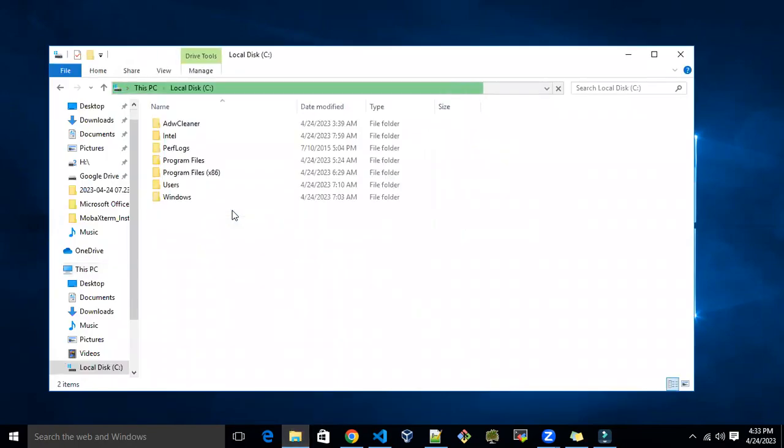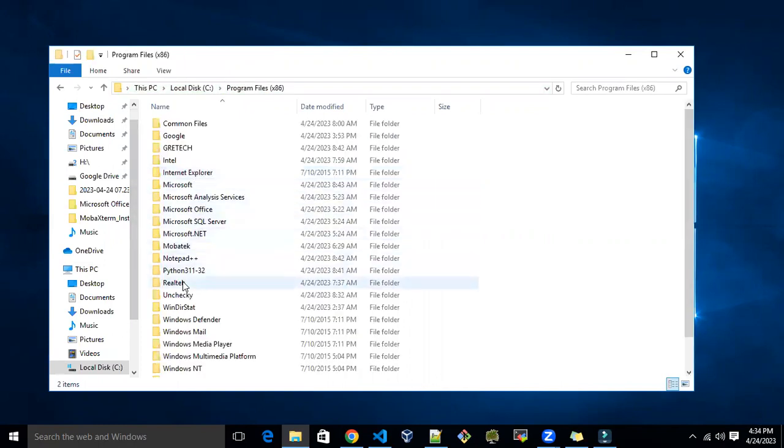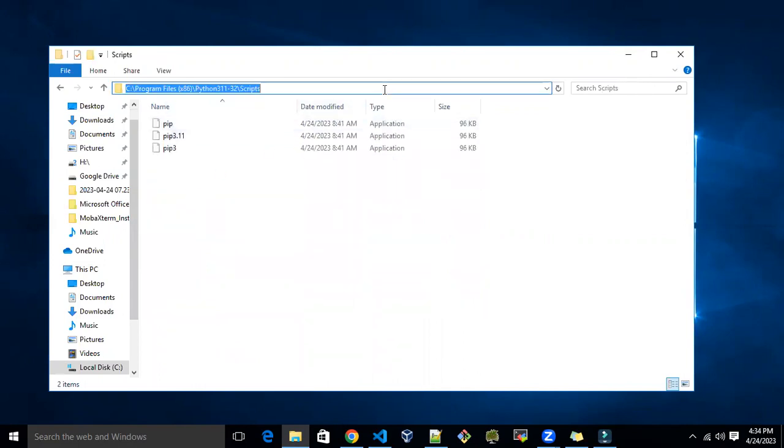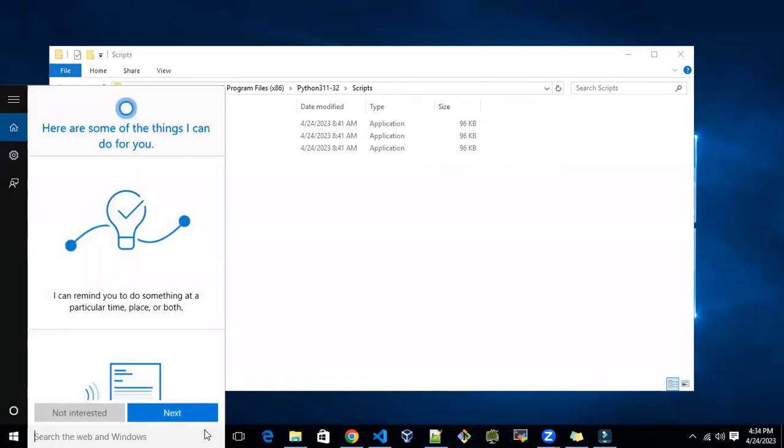First we go to the C drive and check the Program Files and where Python is installed. This is the Python 311-32. Go there and go to the Scripts folder, and this is the directory where the pip command is installed, and we just need to copy that path and go to the search bar, type env